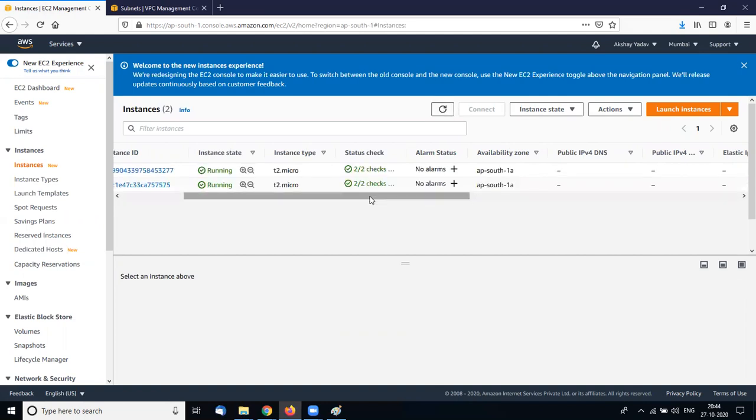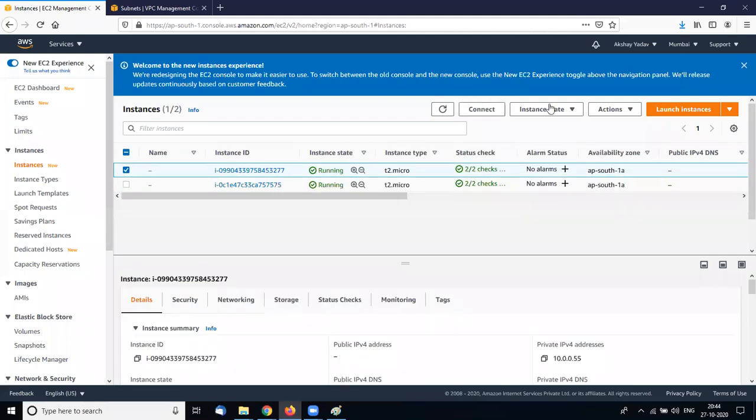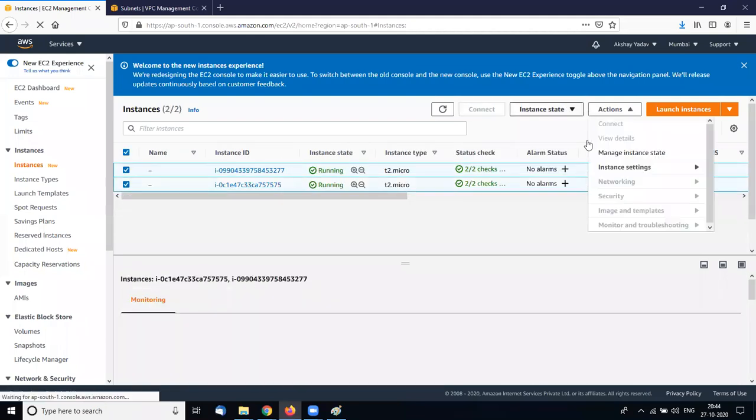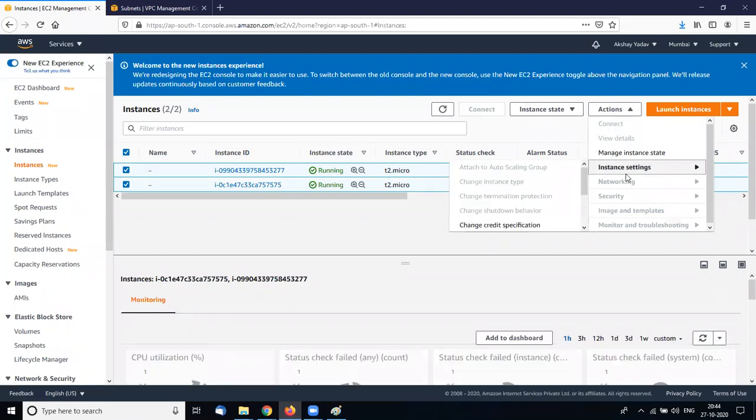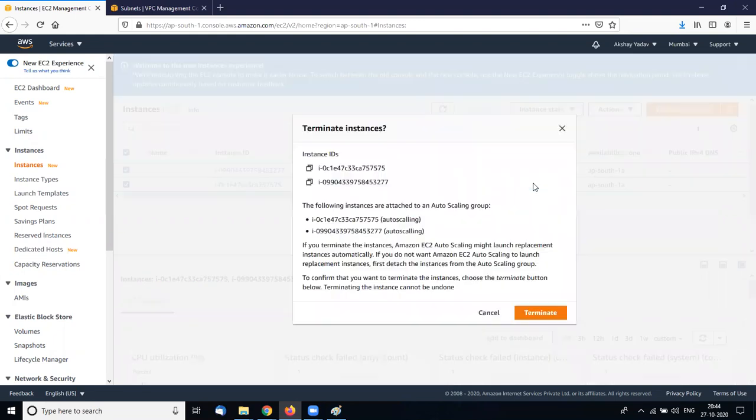So first we simply check whether our auto scaling group works or not. So I delete both instances. I can assign one, but here I am trying to terminate this instance.